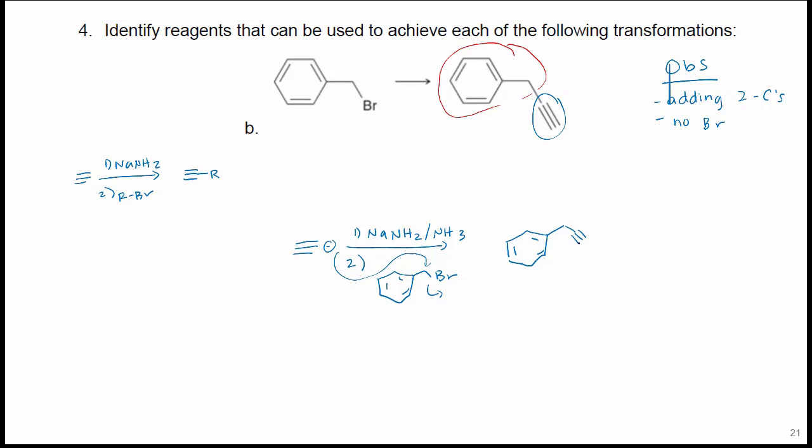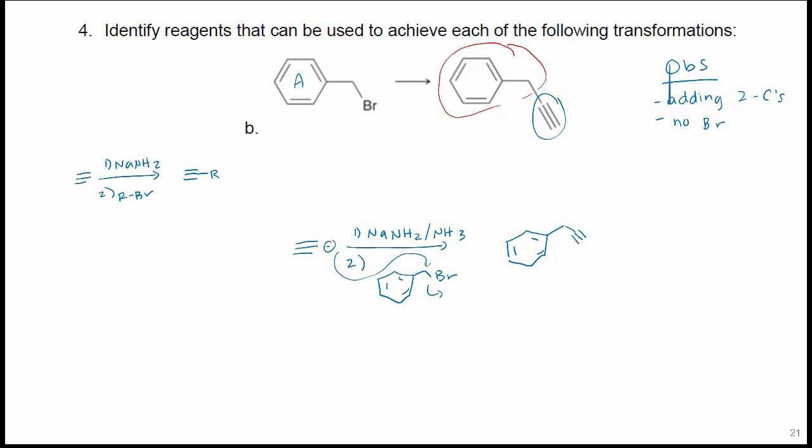So don't get fixated on having to convert the beginning starting material into the end thing. Sometimes you have to bring something in extra, and that's going to be this reagent A here, which will be something over the arrow and not necessarily what you're starting with. Does that make sense? Any questions there?